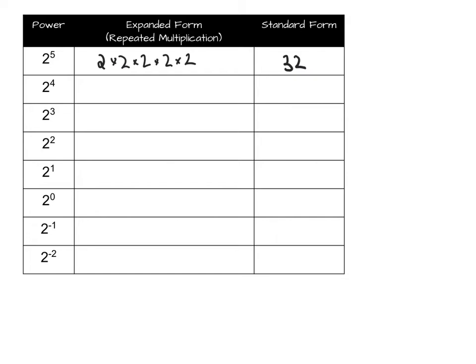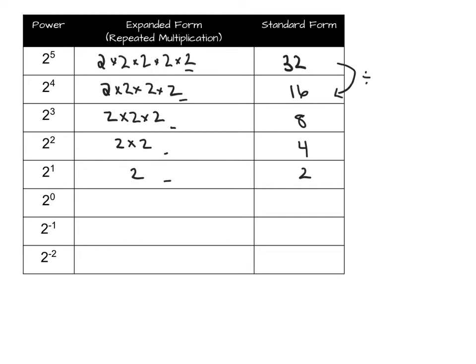Now, let's look at 2 exponent 4, which is 2 multiplied by itself 4 times. Gives us 16. Let's continue. 8. All right, so let's have a look at what's happening here. Every time we're multiplying by 1 less 2. And the opposite of multiplying is dividing. So essentially, to go from each step, we're dividing by 2 each time,